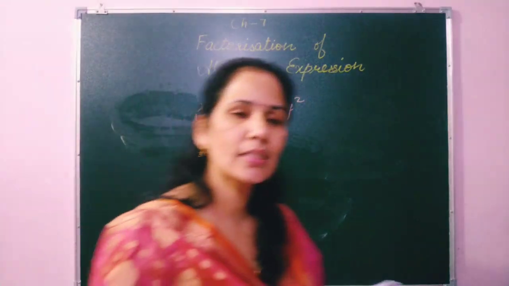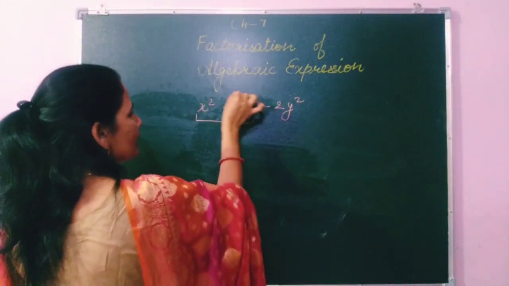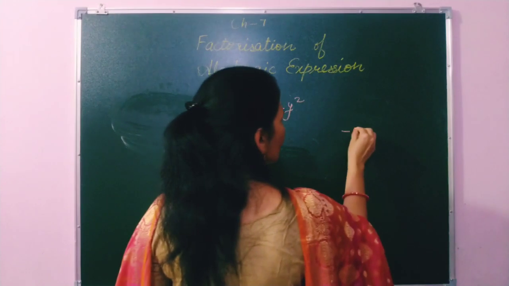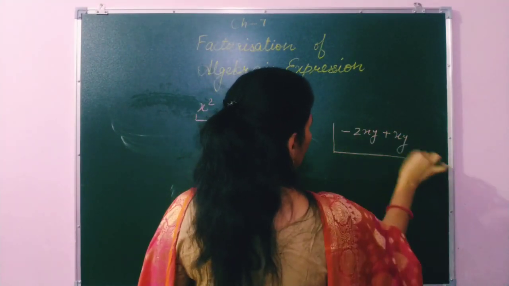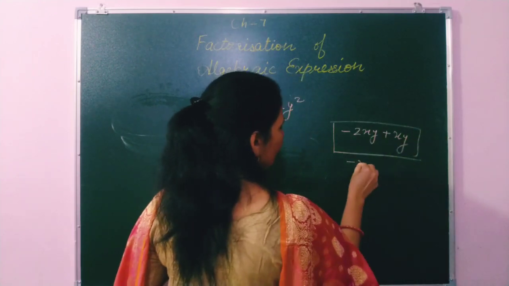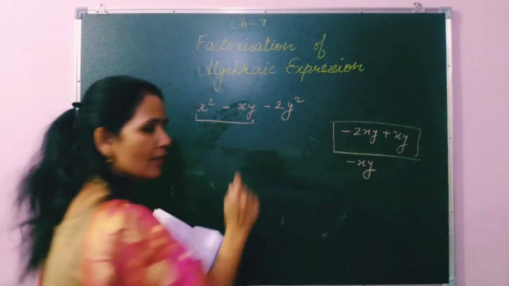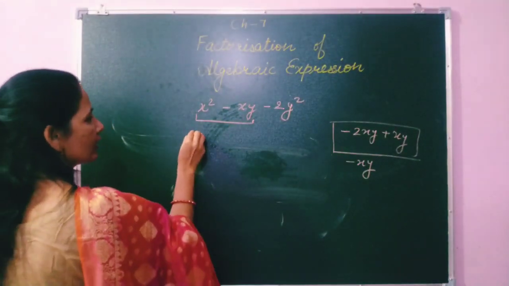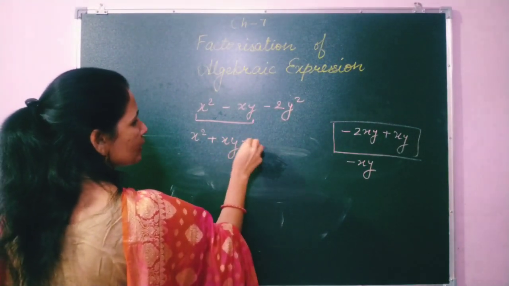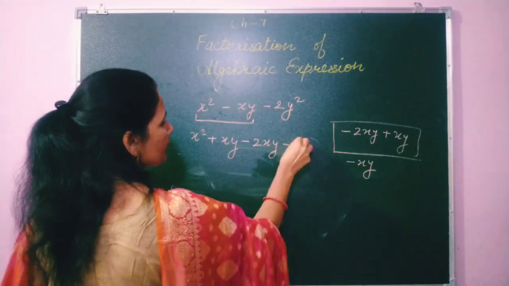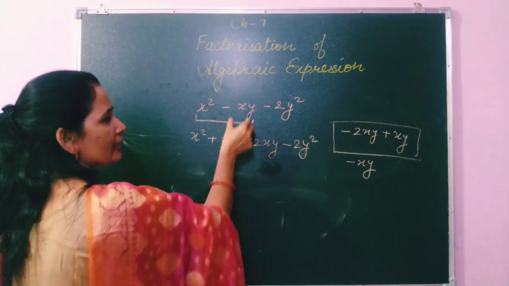Otherwise, students, here is another method that we can write. We can write this xy in another way. How can we write this another way? I can write 2xy plus xy. This minus xy can be written this way also. How? Because whenever I solve this one, I will get the same answer, xy. So to make the factor, here we can write x square minus 2xy, plus xy, minus 2y square. So here we observe when we solve this one we get the same term.